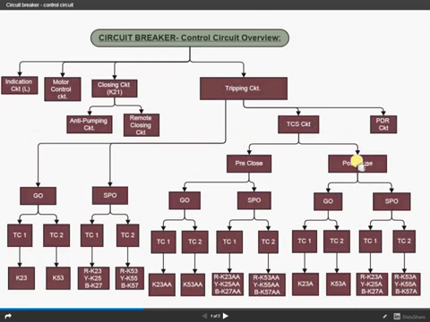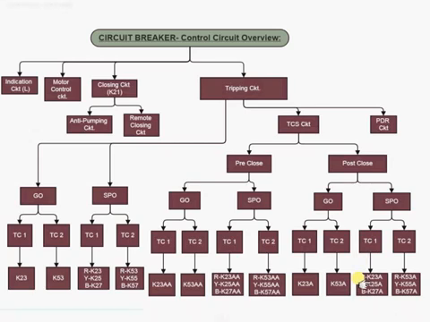Now when the breaker is in the closed condition, it is also called the post-close condition. If it's a gang operated breaker, then for trip coil 1 the positive ferrule is K23A. The ferrule for the tripping positive is K23A. For trip coil 2 it's K53A. And if it's a single pole operated breaker, then for trip coil 1, R phase it is K23A, Y phase it's K25A, B phase is K27A, and for trip coil 2 it's K53A, K55A, and K57A.